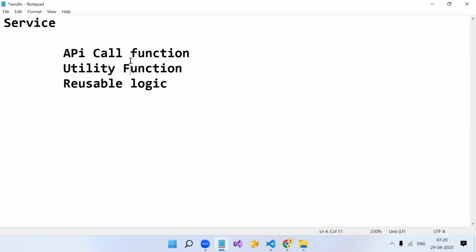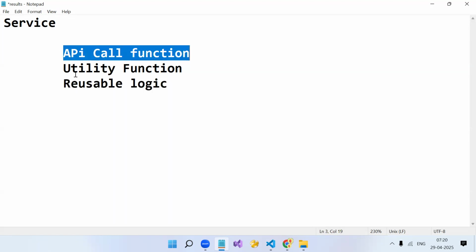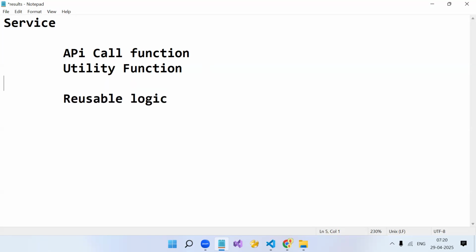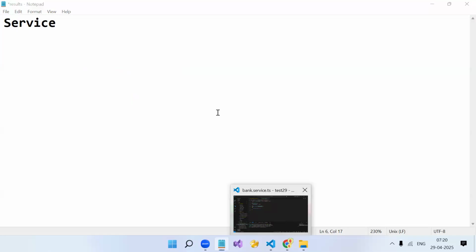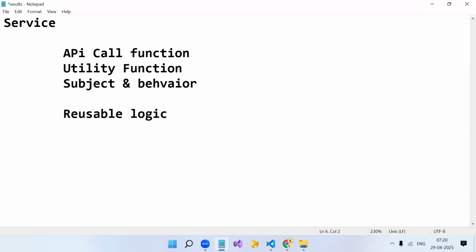And what do we write in a service? API call functions, our utility functions. Again, we create Subject and BehaviorSubject. It will come again, so that's why I'm mentioning it. So these are the things we do in services. We can create a normal variable also to store data